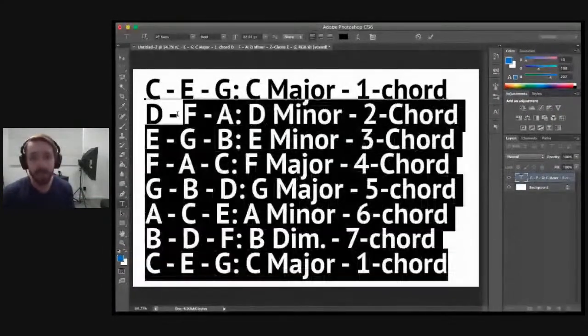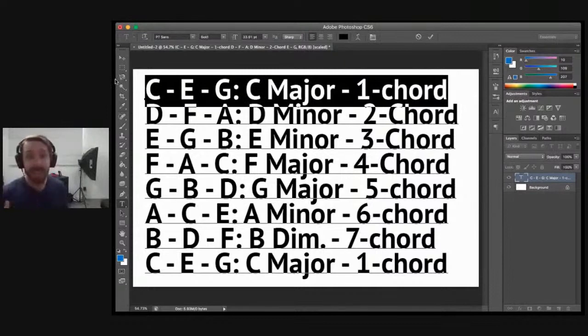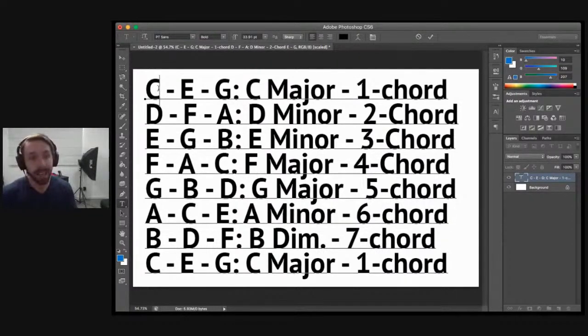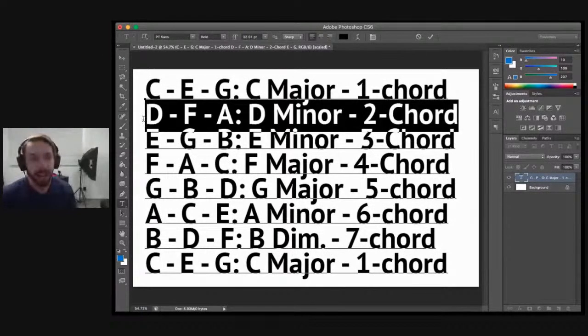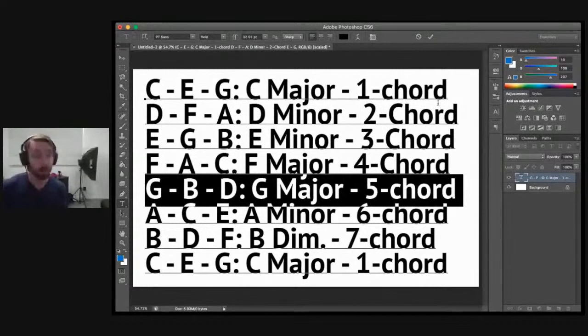So if he told me it was, I think, a 1 6 2 5 in D, that means the one chord's going to be a major, and if it's in the key of D, I know my one chord's going to be a D major chord. A sixth chord is going to be minor, and if you do the whole D major scale, you're going to have D, E, F sharp, G, A, B, C sharp, and D. So my sixth chord is actually going to be a B minor. The 2 chord in the key of D is going to be an E minor, and then the 5 chord in D is going to be an A major. So that's all I needed. I was like, okay, sweet.